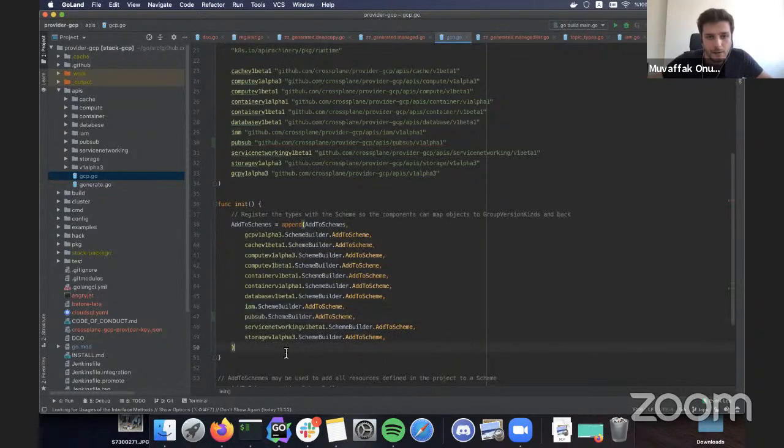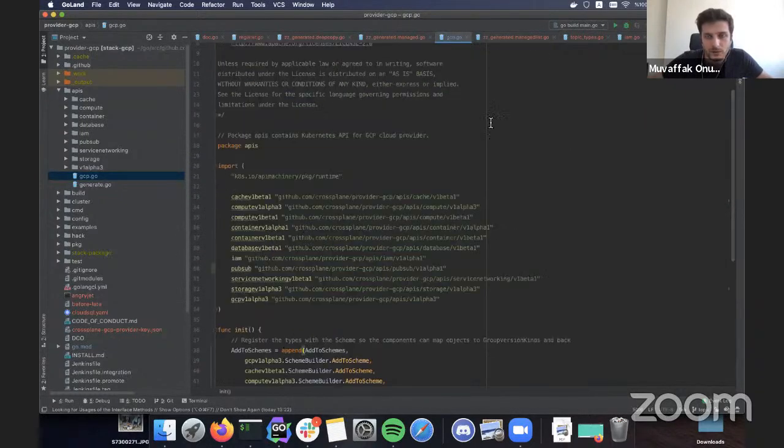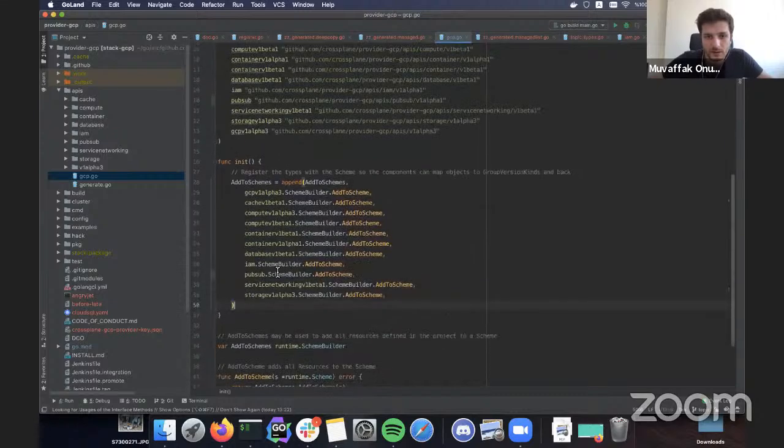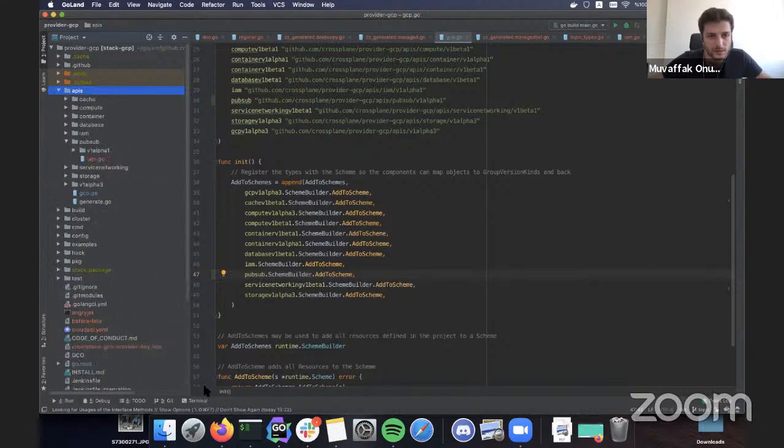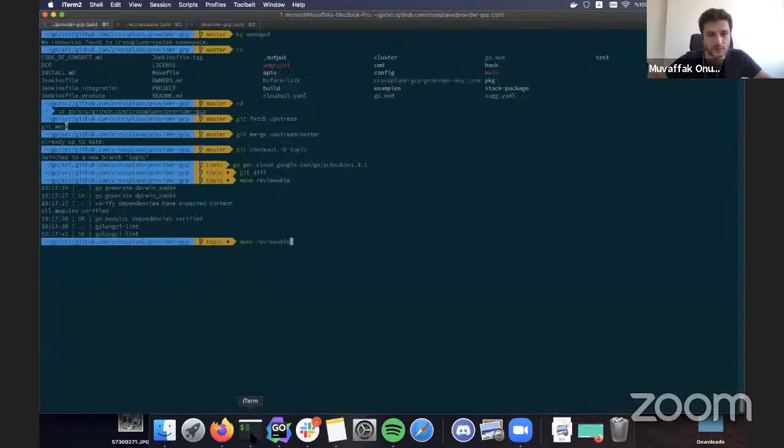Okay, so when main.go starts, our scheme will be registered, and the controller runtime APIs will work. Cool. So we've got the CRD, and let me just run make reviewable again, and we will see how YAML is actually created for us.